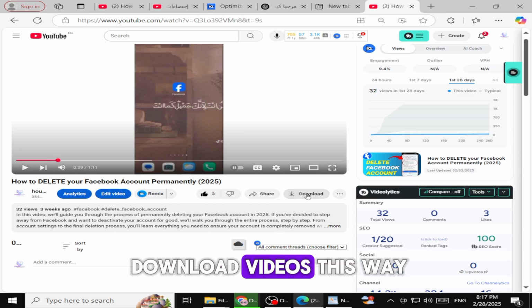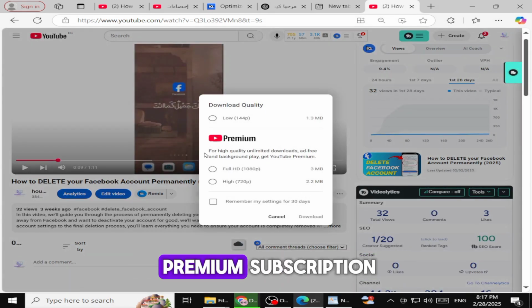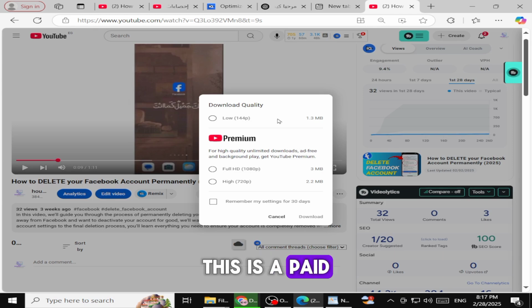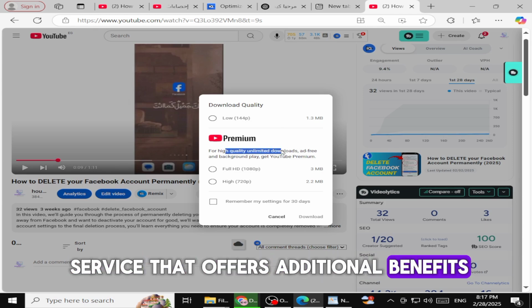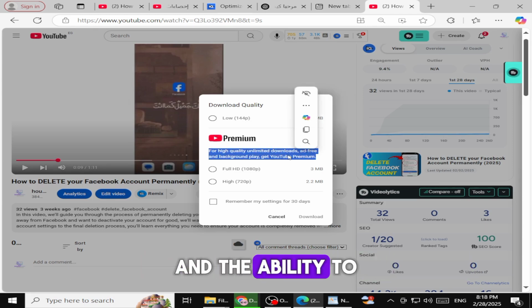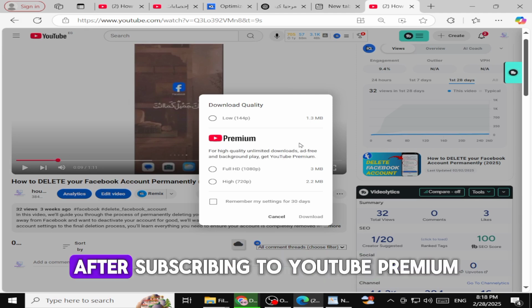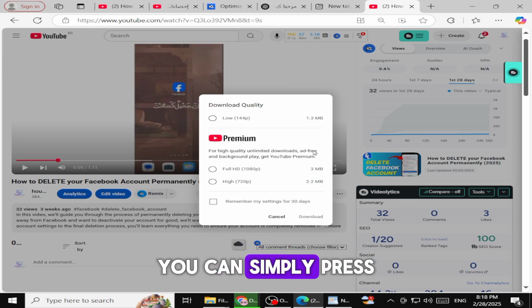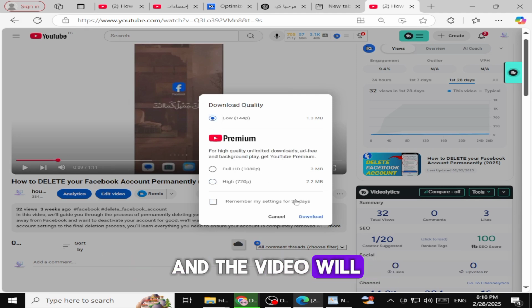To download videos this way, you need a YouTube Premium subscription. This is a paid service that offers additional benefits such as ad-free viewing and the ability to play videos in the background. After subscribing to YouTube Premium, you can simply press the download button and the video will start downloading